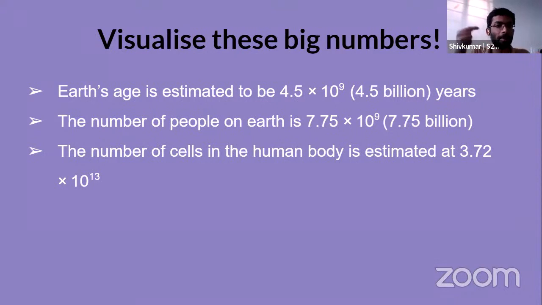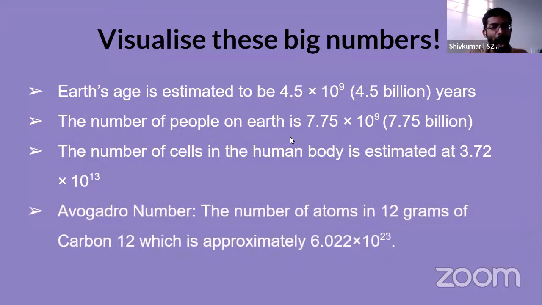We just saw that if you keep adding 1 every second, even then you won't reach this number. Okay, now so to reach this number, how should the division be? Just think about this. Okay, Avogadro number, some of you at least might be familiar with this. It's the number of atoms in a mole. So basically, if you take 12 grams of carbon 12, it has approximately 6 into 10 power 23 atoms.